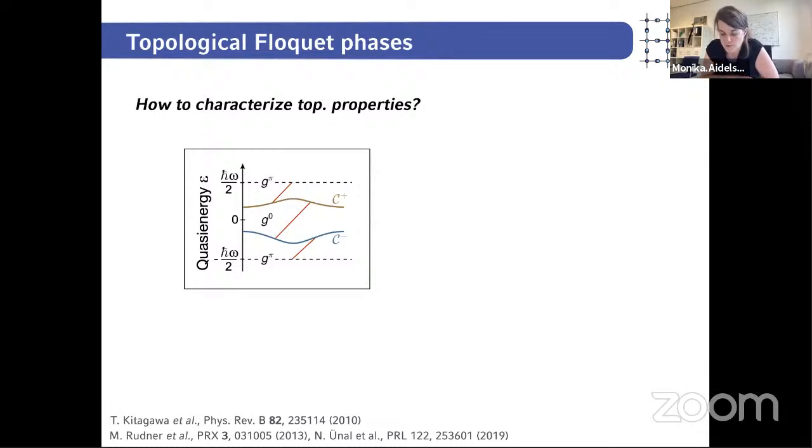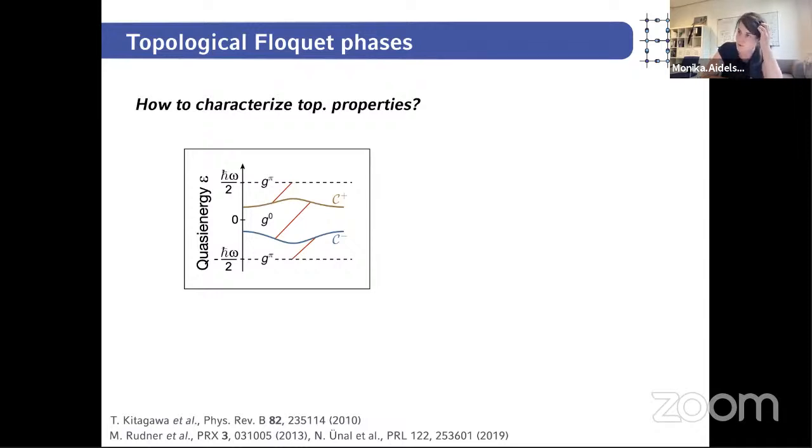Now, in order to see that we have actually generated some new topological phase, we should also think about characterizing the topological properties. So we have ways to extract the Chern number, for instance, using transport measurements or using this quench protocol state tomography technique by the Hamburg team. But if we cannot directly look at the edge modes, we have to find another way to characterize the topological properties. Now, just from a theoretical perspective, we also need an additional topological invariant that allows us to characterize the